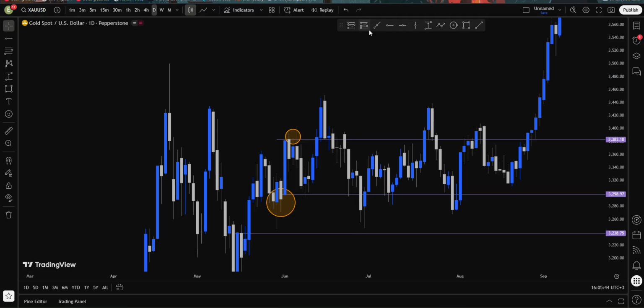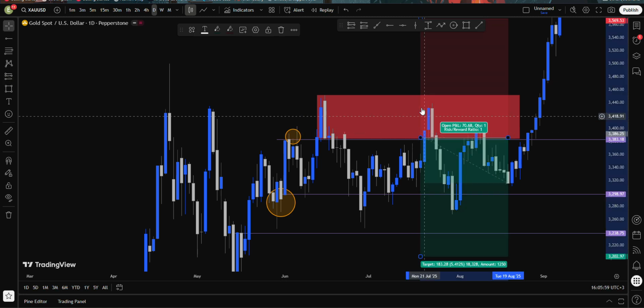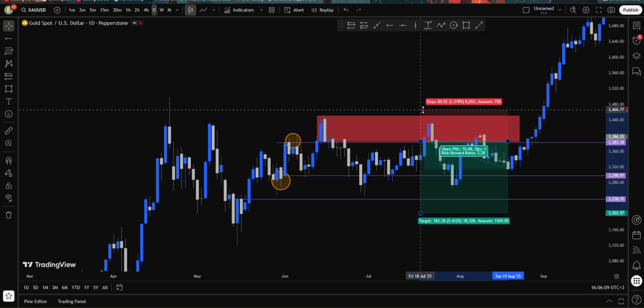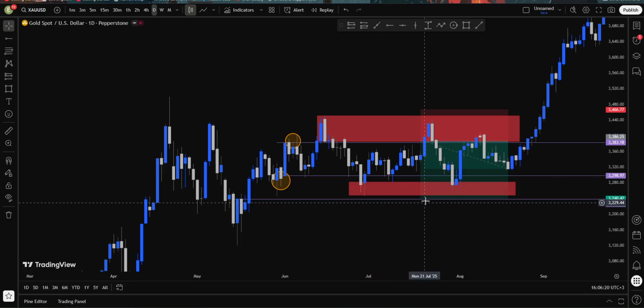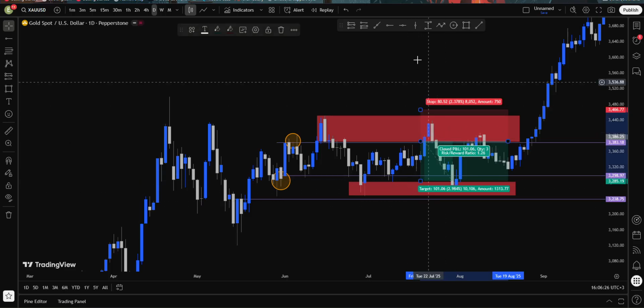So if you want to sell from here, let me put it back. You say I'm going to sell from here because the market came and this is a resistance. The market was resisted here. You see your reward to risk is going to be small. But if you do it the way I do, you put your stop above the support region and you target the next resistance zone. The way most people do is to mark like this and put the stop just here. It's okay, but you're risking a lot. It's better